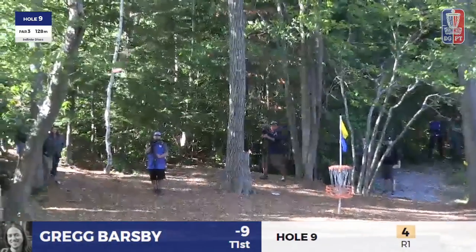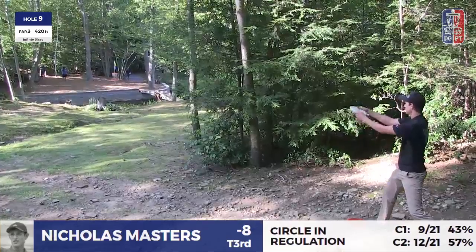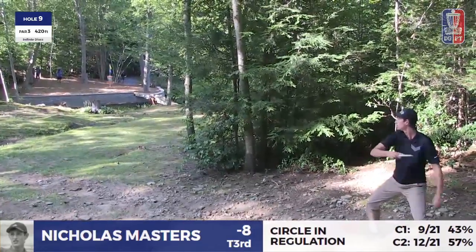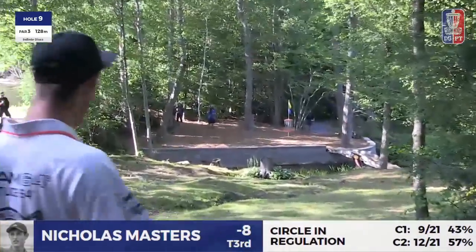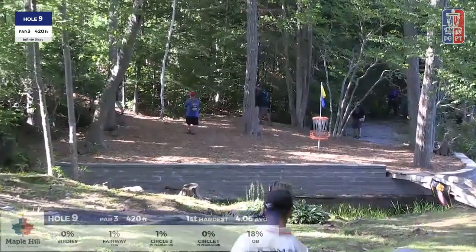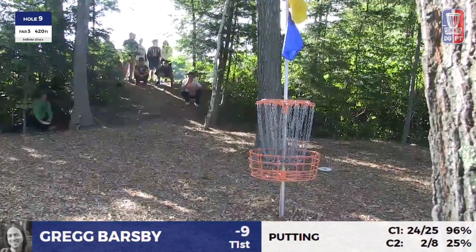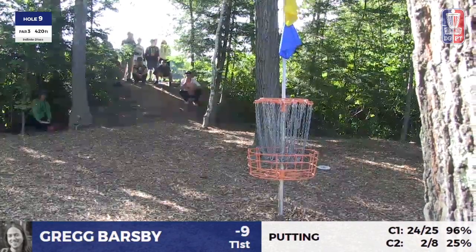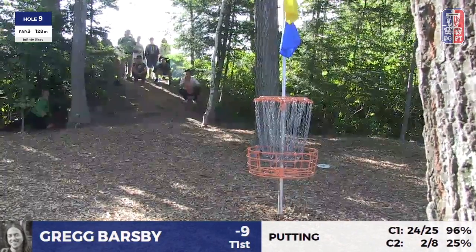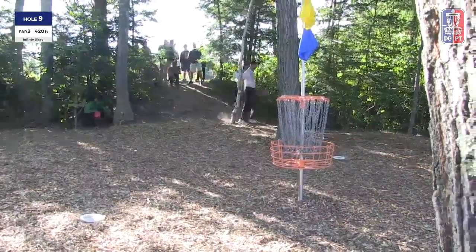And giving it plenty of power, he's going to get over the edge. Very easy to get tempted to try and be your hero and possibly get the birdie too here, but good shot there by... and a low effort out of Gregg Barsby,